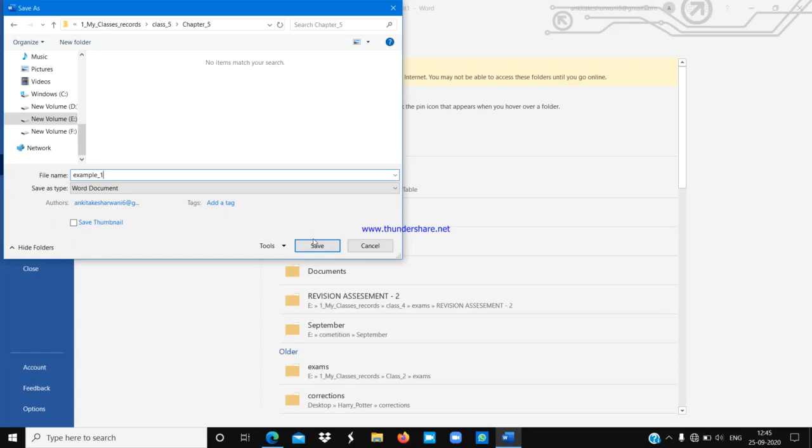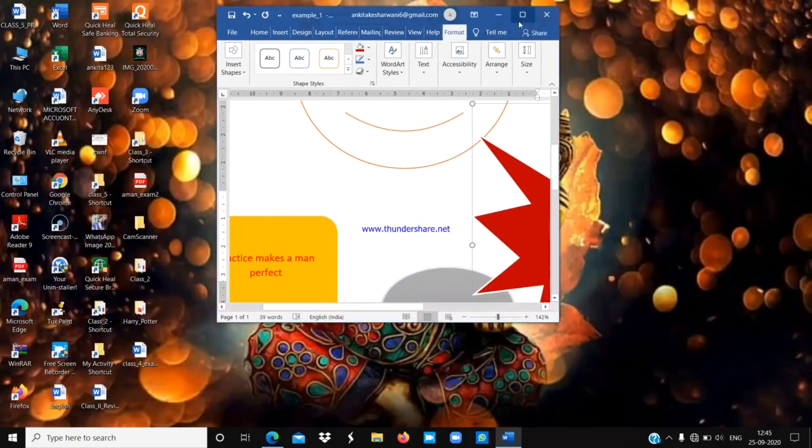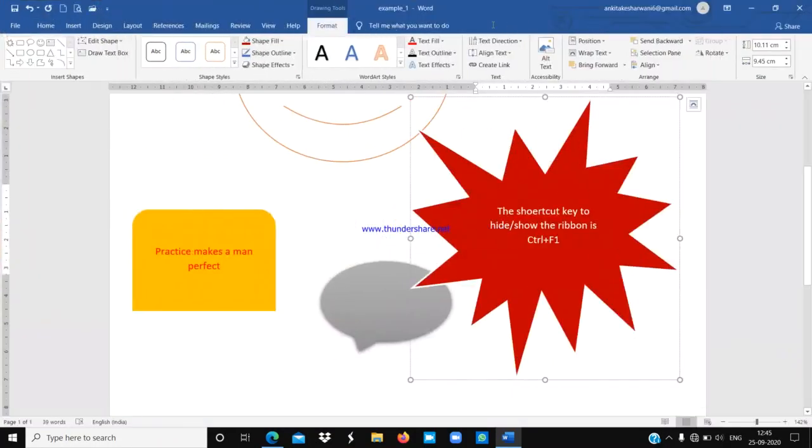Now after giving the name to your file, you can just click on save and it will be saved, and here you can observe the changes. First, you can see the name of the file has been changed from document 1 to example 1. Understood everyone? Okay students, so like that you can save your file.